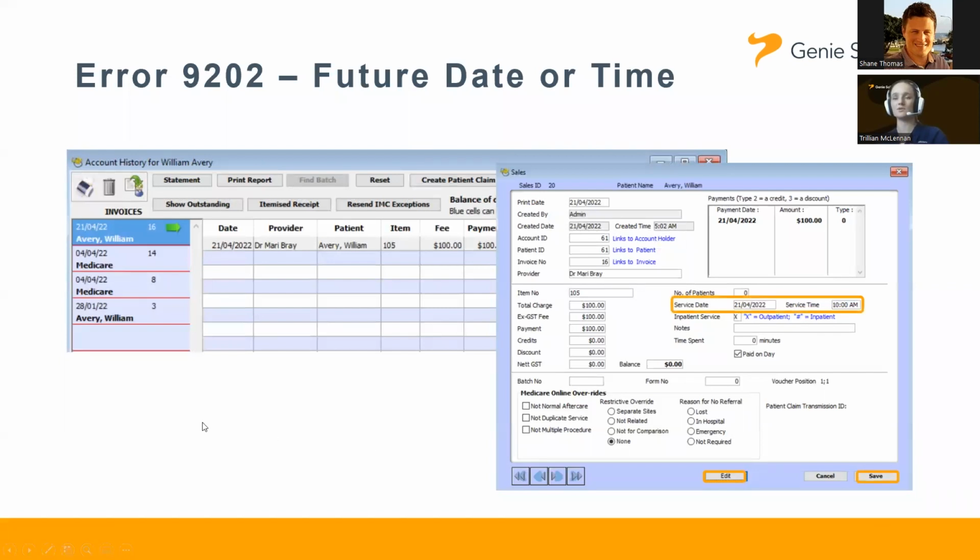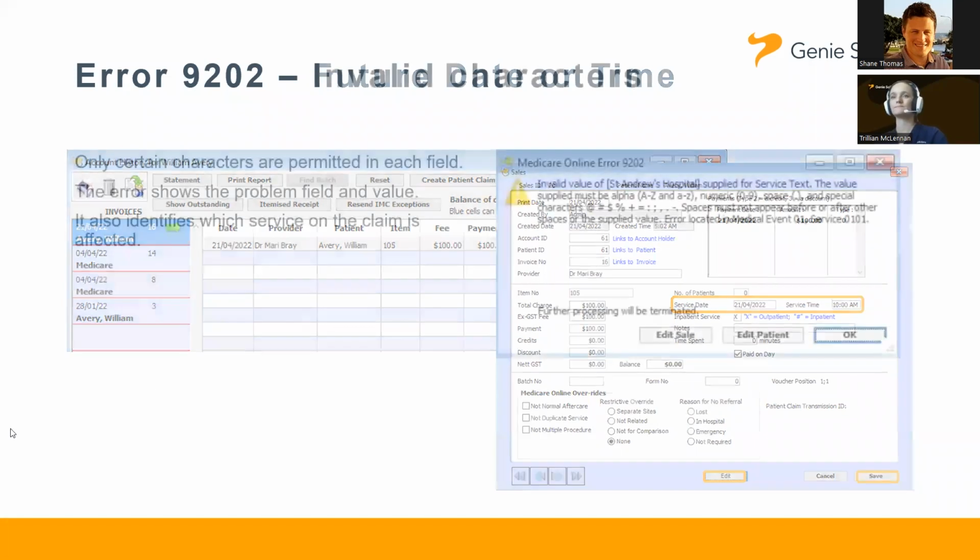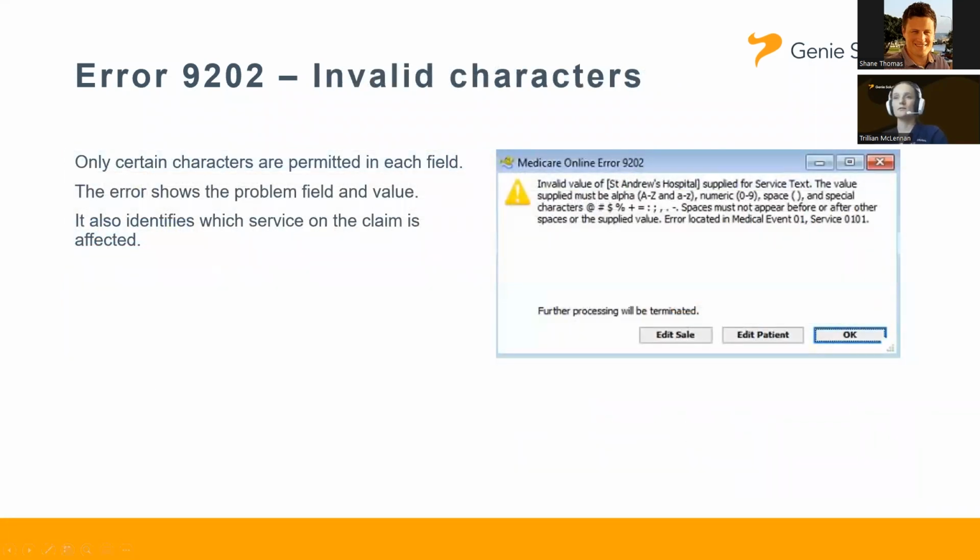And you will be able to resubmit the claim using the create patient claim in the account history or through your bulk bill DVA IMC transmission as usual. The next error, still a 9202 error, just to give you an idea of the broadness that this can cover, is to